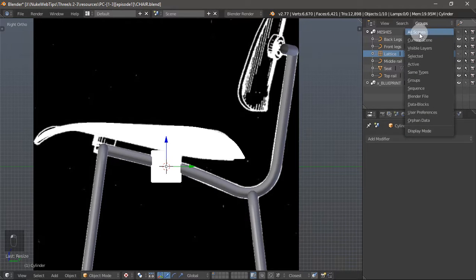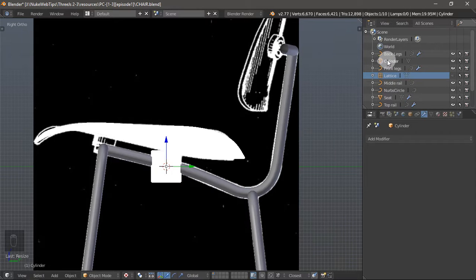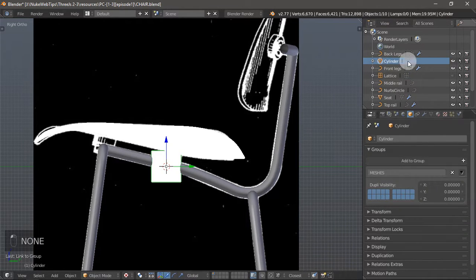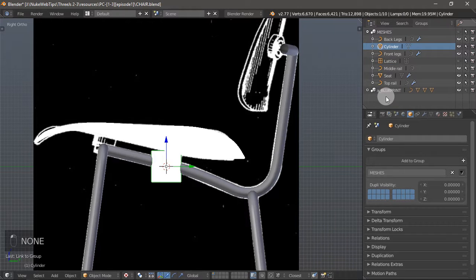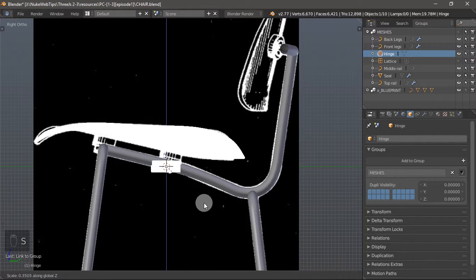We want to go to all scenes, move this cylinder to the meshes group, get back to groups. You can see it over here. We're going to call it hinge, since I don't know what it is. Scale it down, move it,